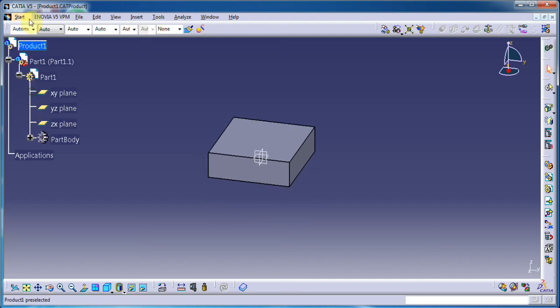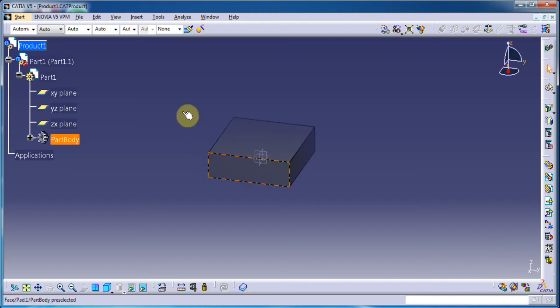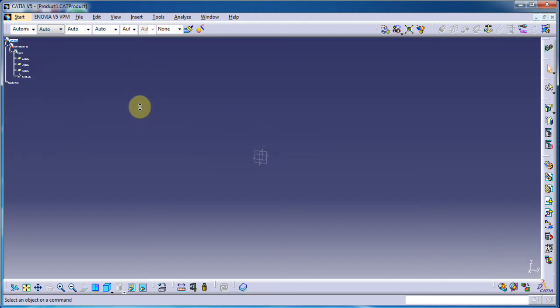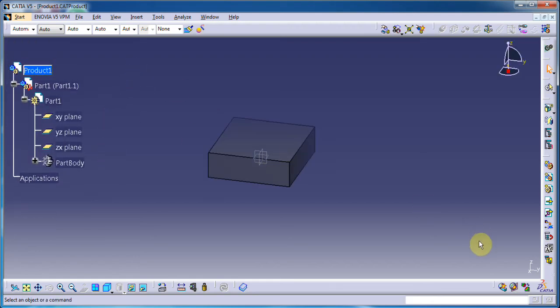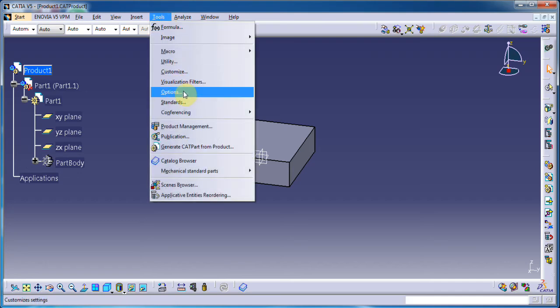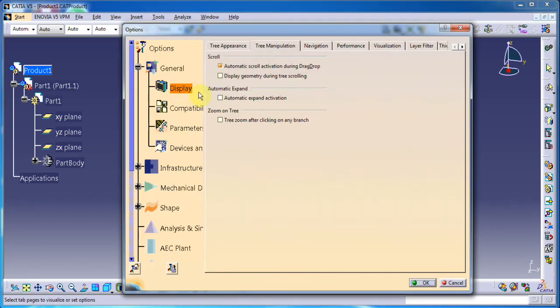How can we change this tree zoom and things? If we click on this, this would happen. This way you can change the zoom of the tree, and if you want to go back to the main area, you can click on this again. So continuing with that, we go to display and turn this off, and after that we go to